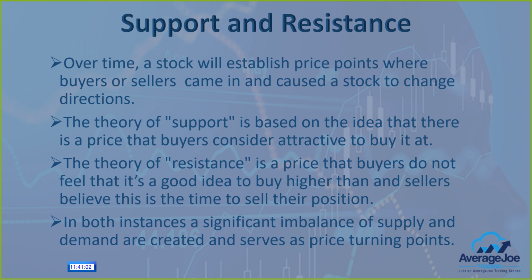If it was going up, the buyers ran out of steam, and then the sellers started taking over, and the price starts to go down. So the theory of support is